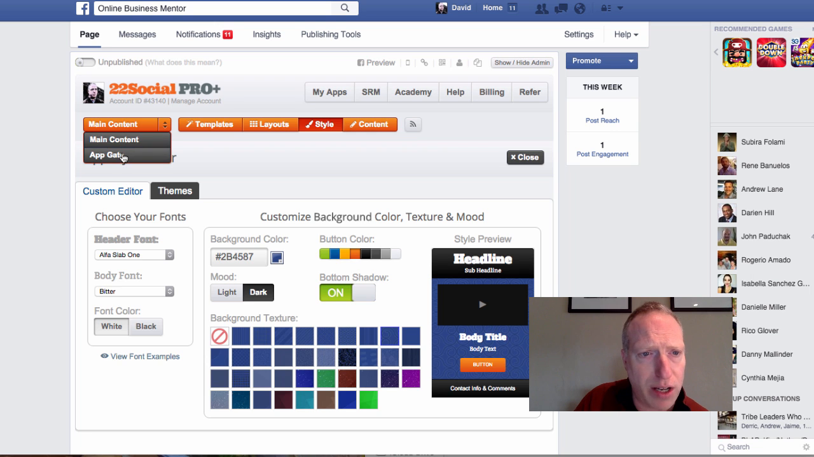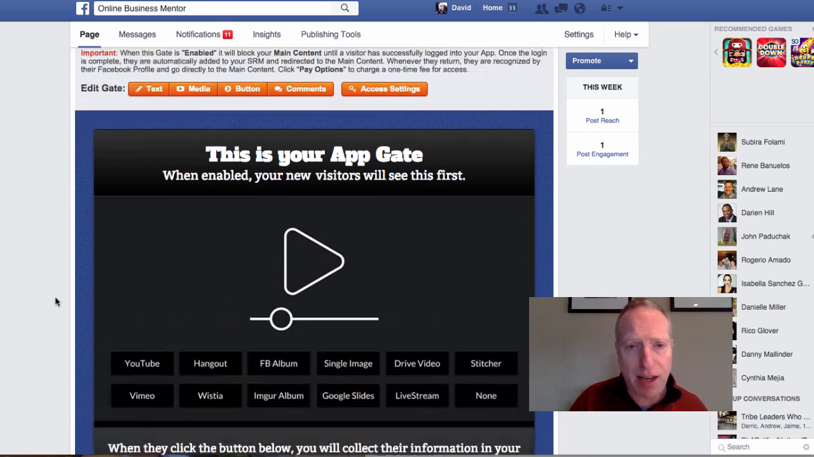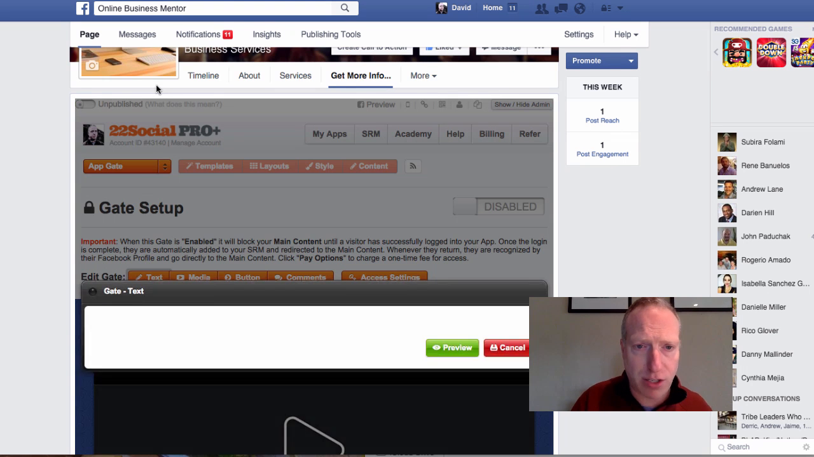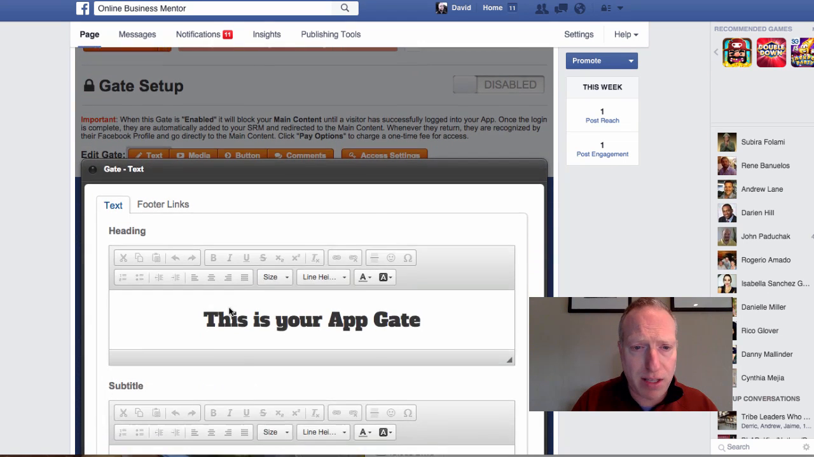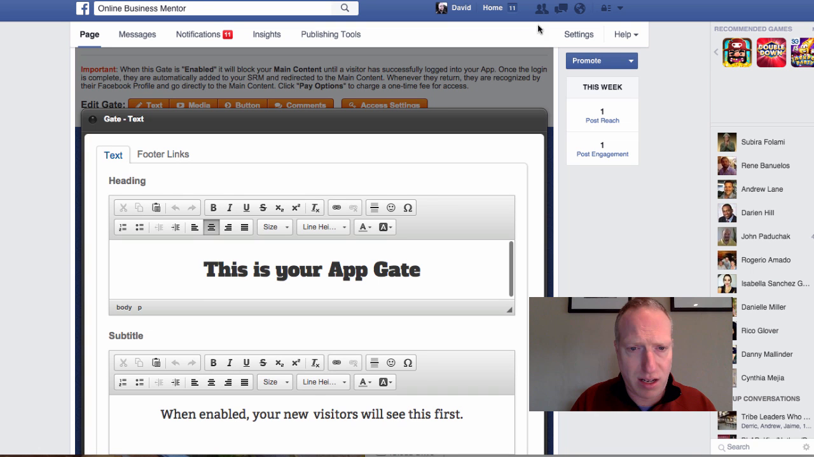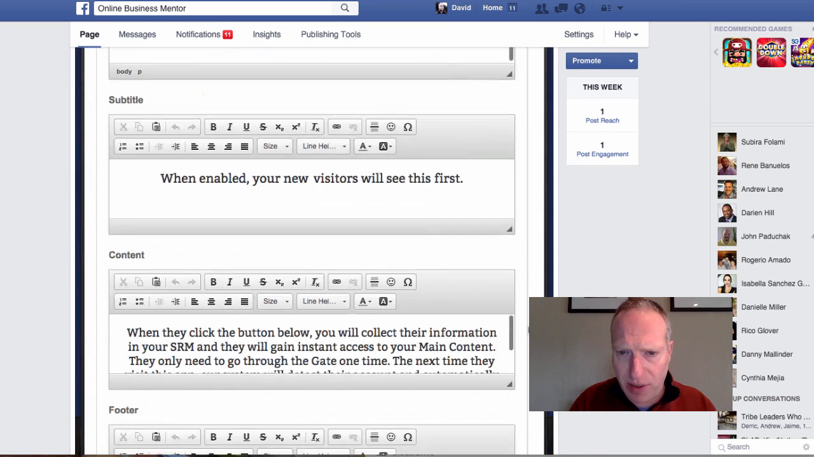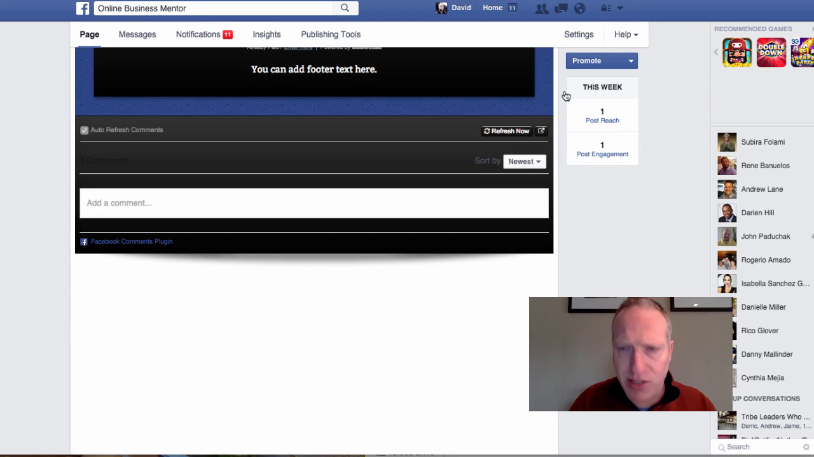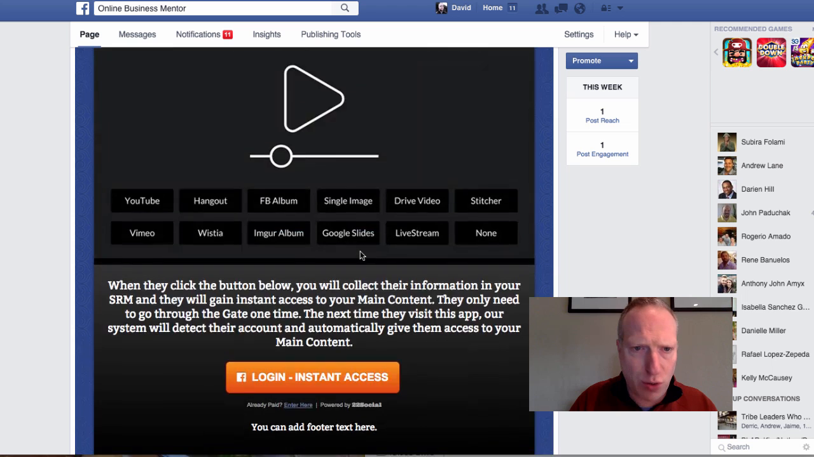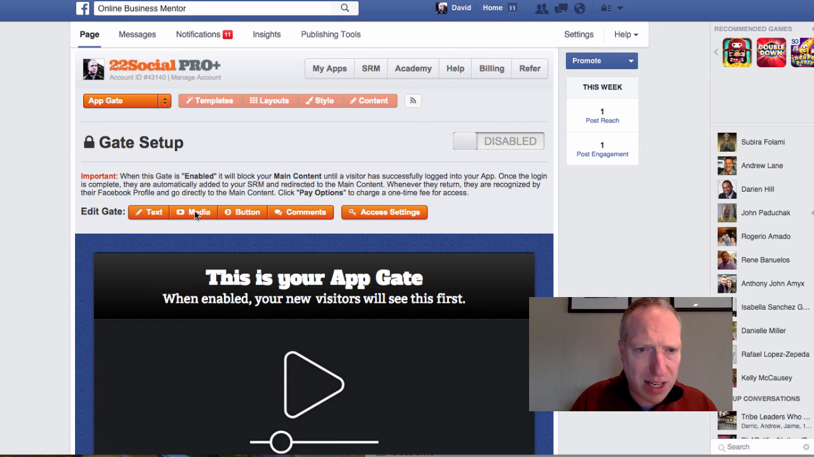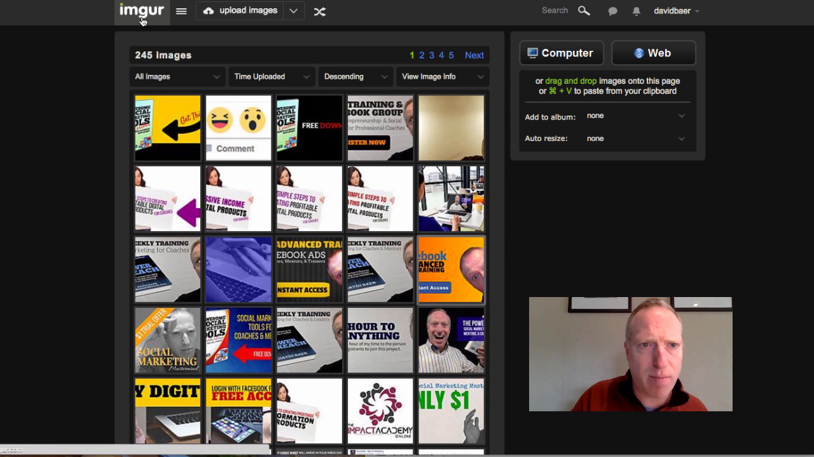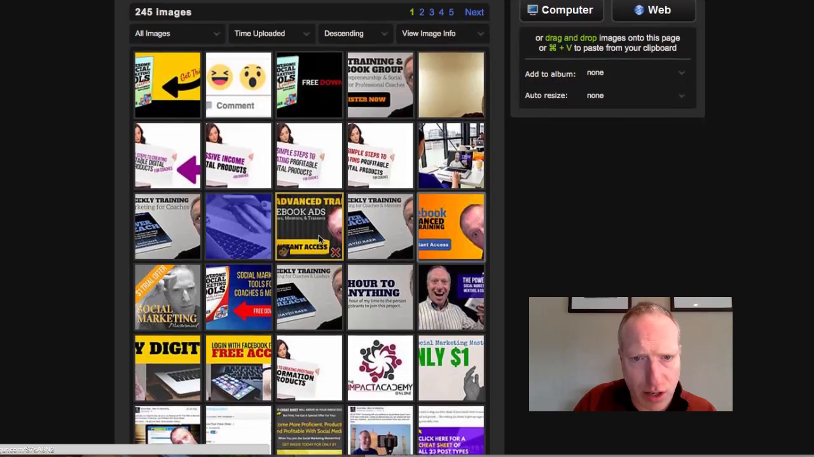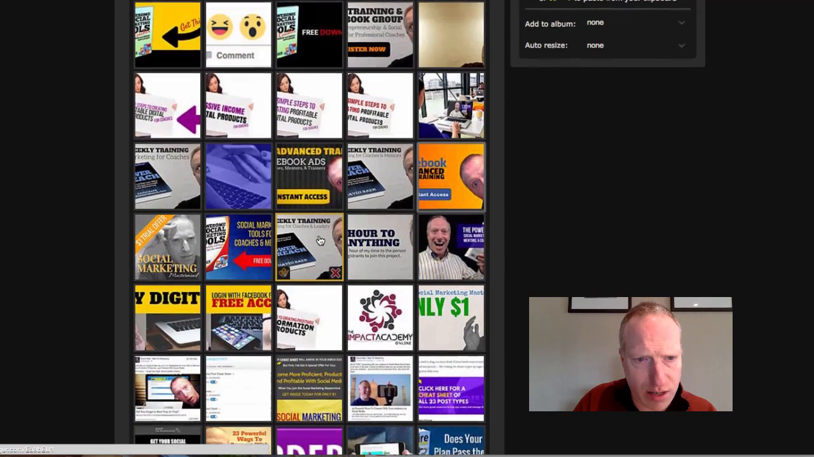So now what I'm going to do is let's go to the app gate. Now the app gate, I'm going to change the text up at the top here. And the text might say something like... let's see. Well, actually, before we do the text, let me find an image. I'm going to go over to media. We'll go ahead and click on media, and I'm going to pull up something. So in the meantime, I'm going to go over to my imager. So this is IMGUR. This is where I have a lot of images saved,